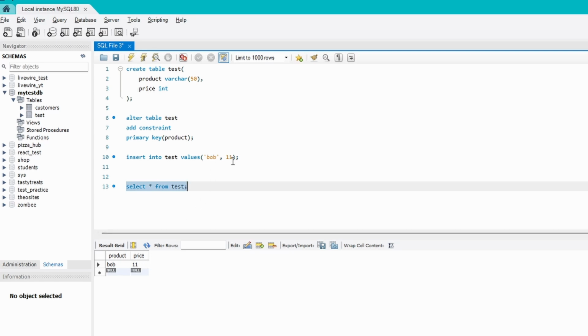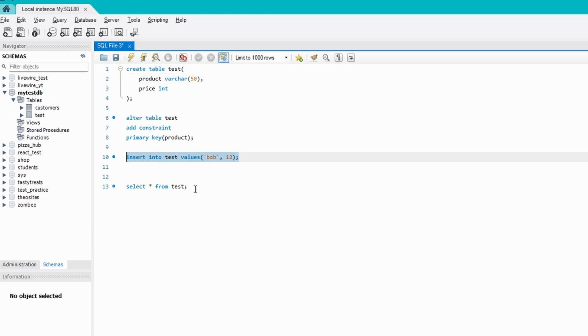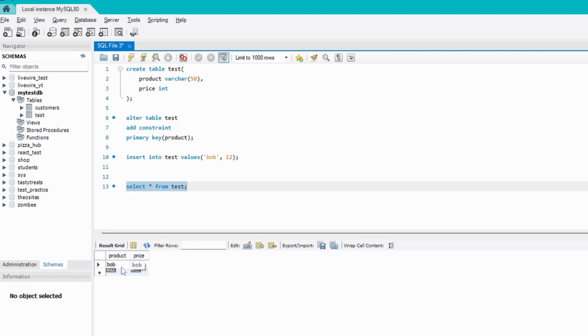Now if I change this, for example, I said Bob and 12, if I run this, you should expect to see another row here where it says Bob and 12. But when I run this, it will actually give us an error. And if I select everything in the table, it didn't add a second row here. That's because product is now a primary key, meaning we can't have the same value Bob for more than one